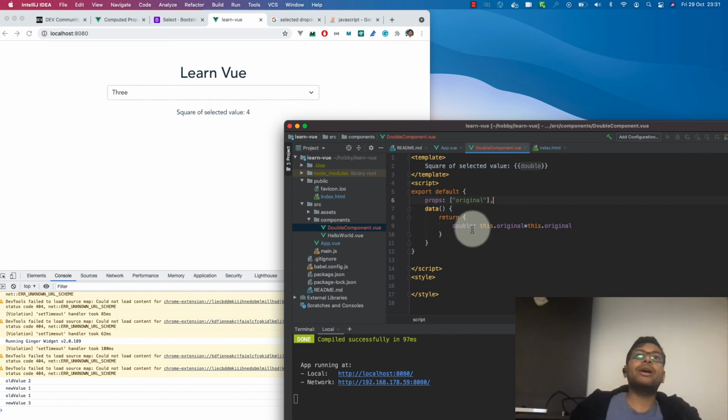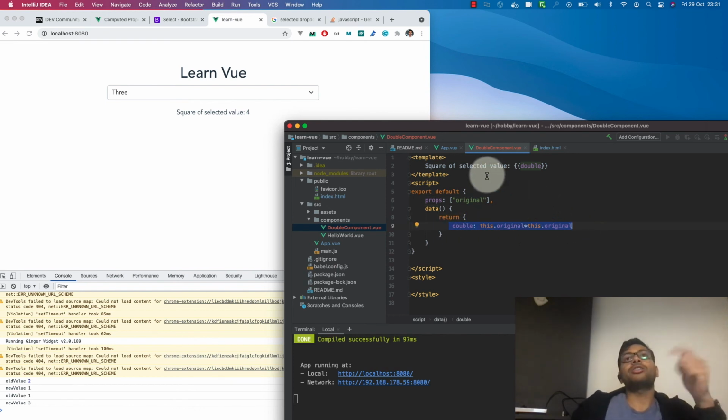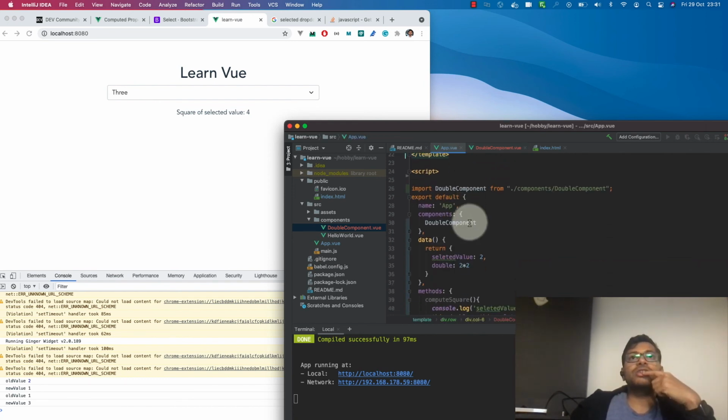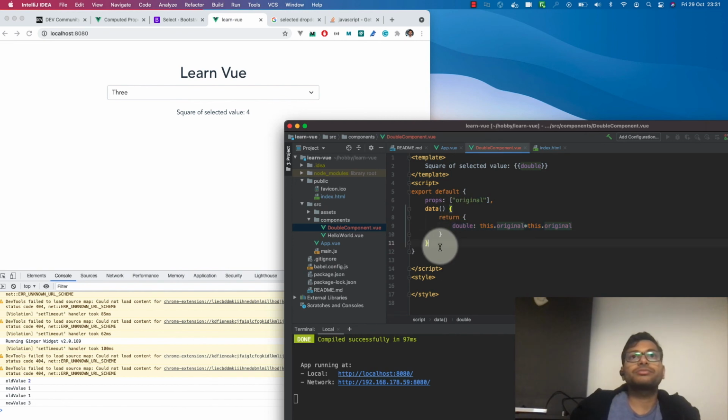So how can we compute this function again when the value change? Here we can also use the watcher. So we can just use the watcher also here and see if the value of original is changing when we change the drop down.